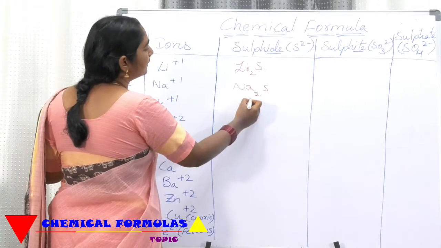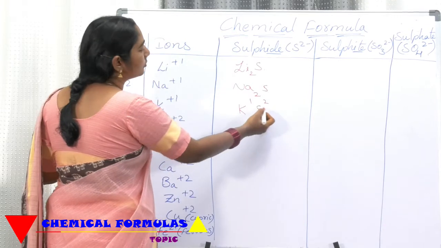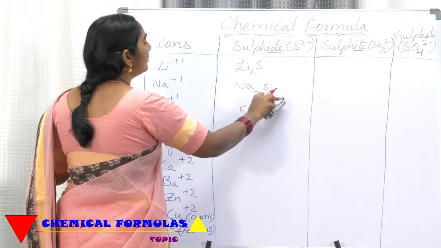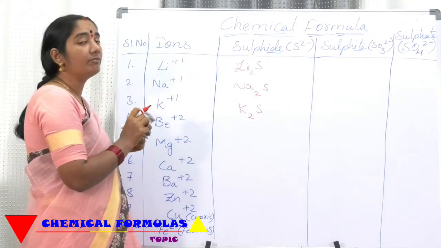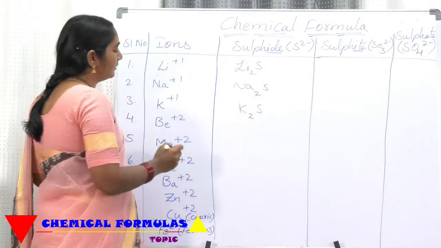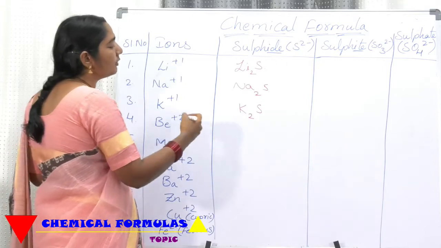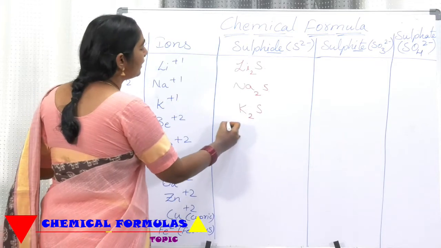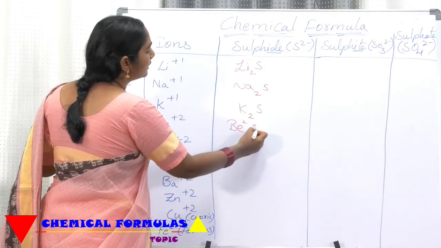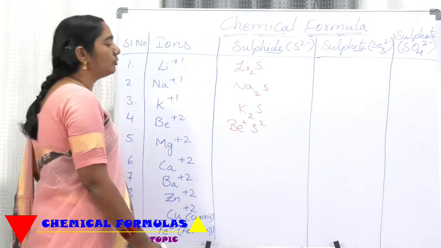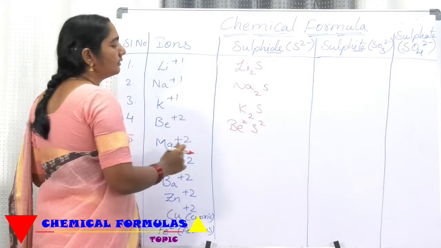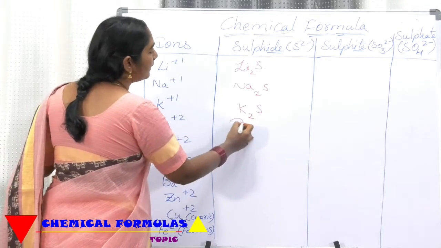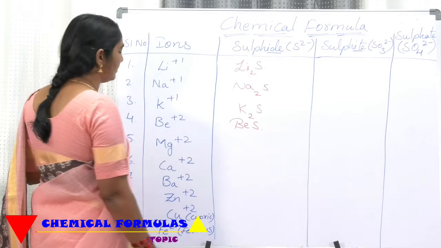Now K. The valence is 1. Sulfide valence is 2. So this 2 is coming here, this 1 is going there. So the formula for potassium sulfide is K2S. Now beryllium sulfide. You can now give a competition for me. Now you can do much faster than me. Beryllium sulfide. Be2 plus. Sulfide is also having 2. These 2 get cancelled, my dear friends. Now beryllium sulfide, the formula becomes BeS.